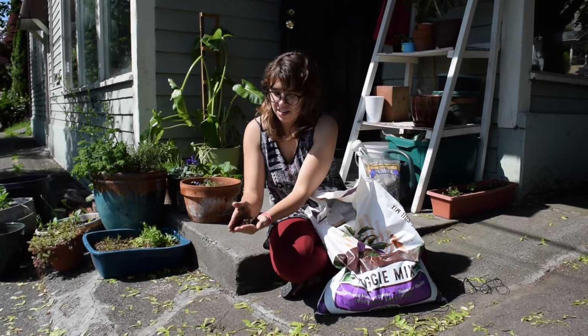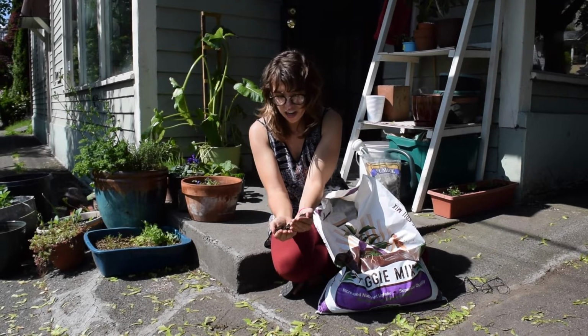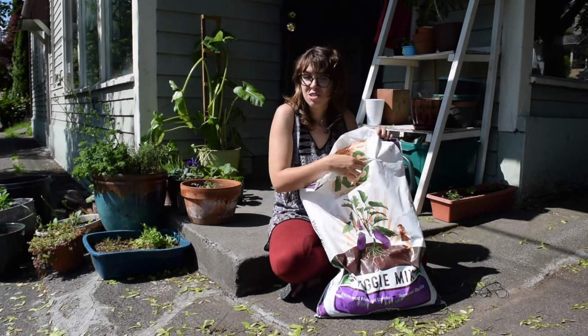So this looks pretty light because it has the pumice stone in it, but it is a bit more dense than I realized, and so I wish that I would have done what I'm going to show you to do, but I just didn't have any of the pumice stone either. So